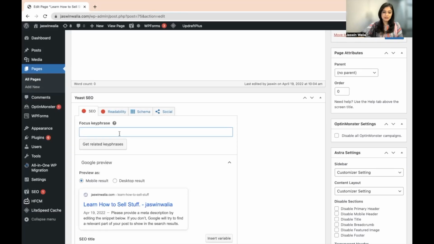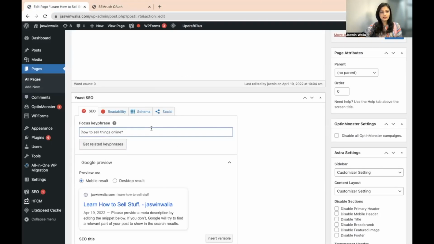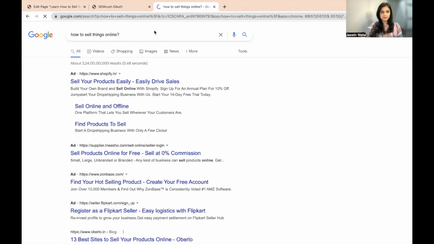One good thing about Yoast SEO is that, for example, if I write how to sell things online, I can go to get related key phrases, and then it will take you to SEMrush. Then you'll have to log in, and all of that can happen. So this is one of the extensions that you can use. Or you can just quickly go ahead and Google this thing. And if you have some SEO extensions, that's perfect. It'll help you get an idea of how many people are doing this particular Google search. So for example, as I do that,